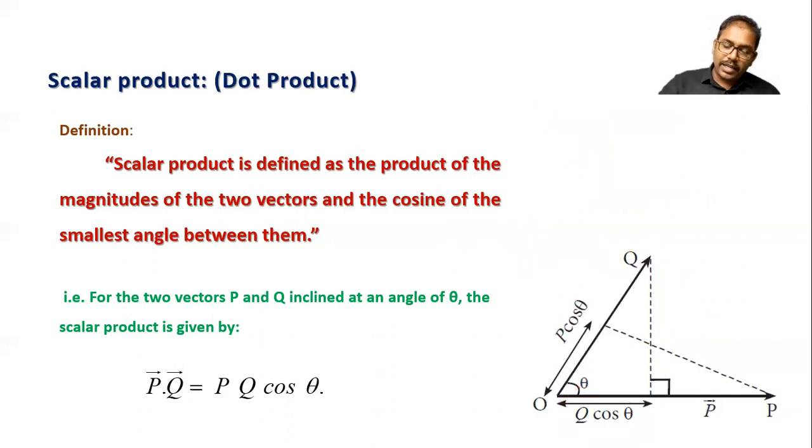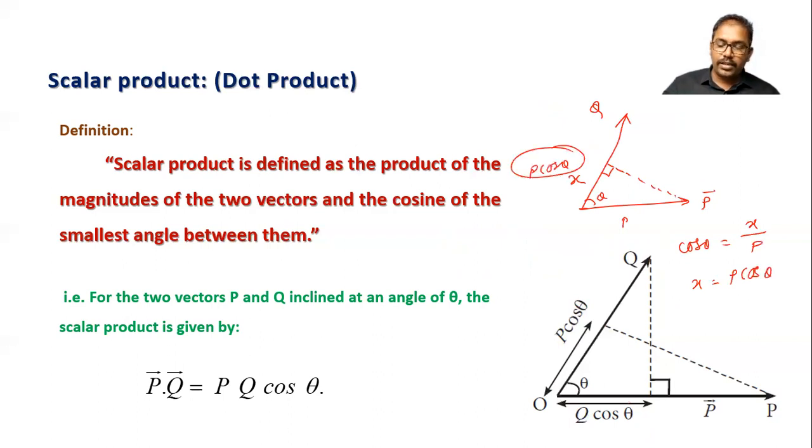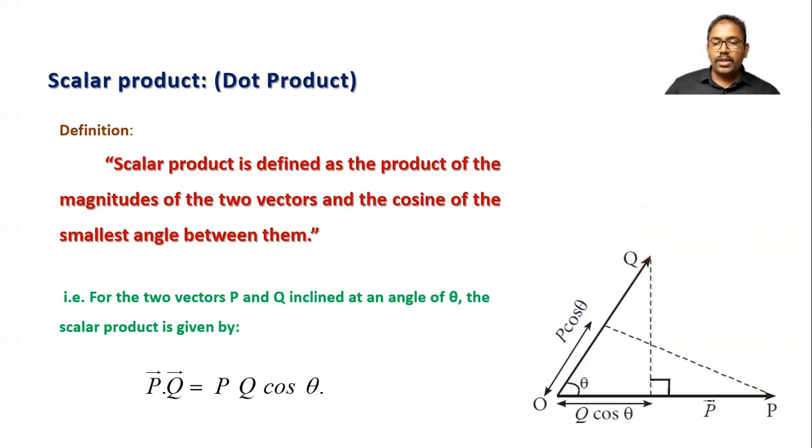manner, if I am considering the same vector again, p bar and this is q bar, and I am drawing a perpendicular line like this. So this is 90 degree. Then the same angle theta, then cos theta is equal to, I can consider this adjacent side x and the hypotenuse is p, x by p. So x is equal to p cos theta. So this is coming p cos theta, this side. So I have written it here. And this side is p cos theta. Vector p bar is in this direction and p cos theta is like this. So remember, this is the vector q bar and its component is in this direction.